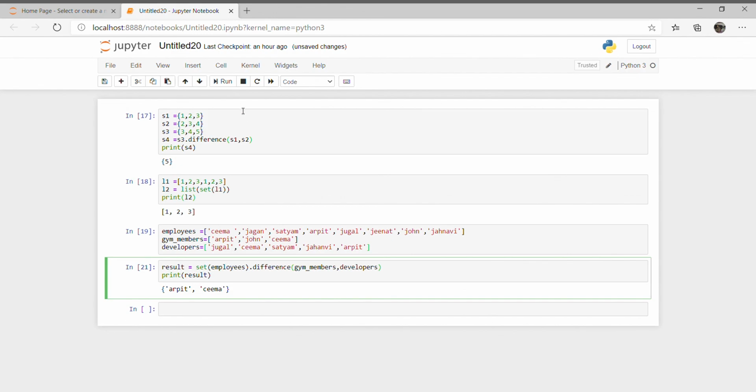Okay, so let's see what will happen. Okay, you can see Jagan, Jeenat, Seema and Janvi are those employees who are not gym members and not developers. So that's